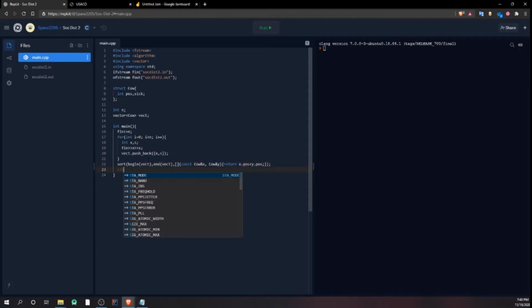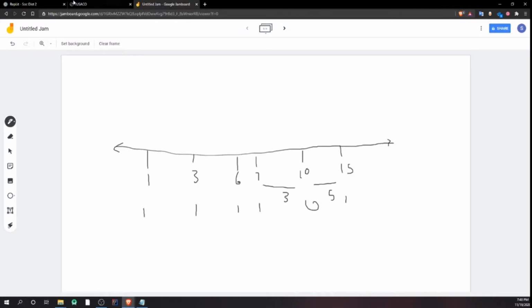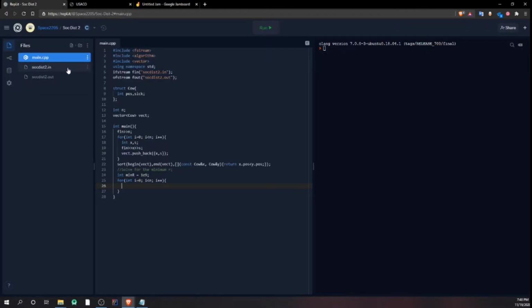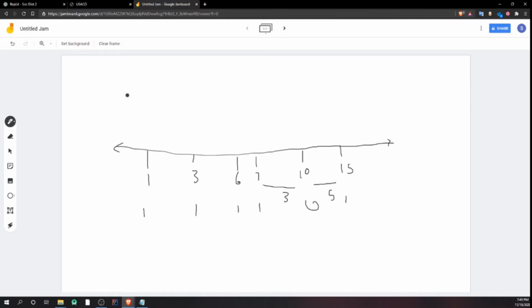And now what I'm going to do is solve for the minimum r. So I'm going to create a variable min r, and I'm going to set that to 1, basically a billion, and then every single time we're going to keep on going lower as we find smaller and smaller r's. So that's basically what I'm going to do. And what I'm going to do after that is create a for loop, and in that, in order to find the smallest r, what I'm going to do is check that if